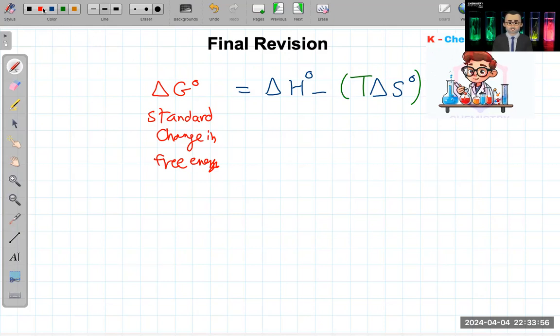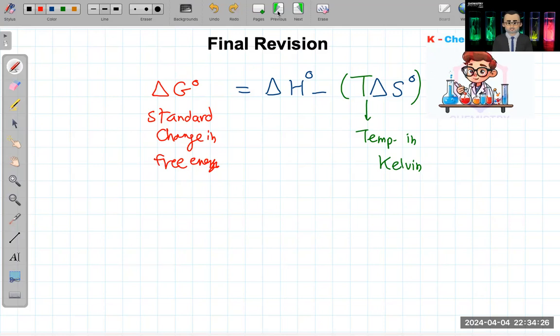If you want to calculate the delta G of the system, just subtract the delta H of the system minus the delta S multiplied by the T. What is T? It is the temperature that you are asking in, the temperature in Kelvin. So how do I know that? He will give me the values. Either he gives me this one and this one with this one unknown, or gives me this one and this one and asks for delta G. So I will use this in most of the equations.